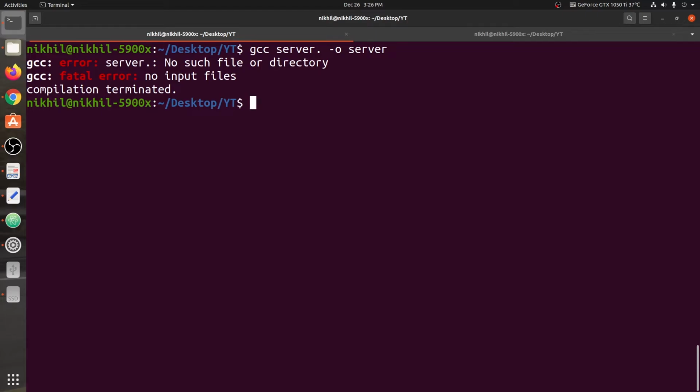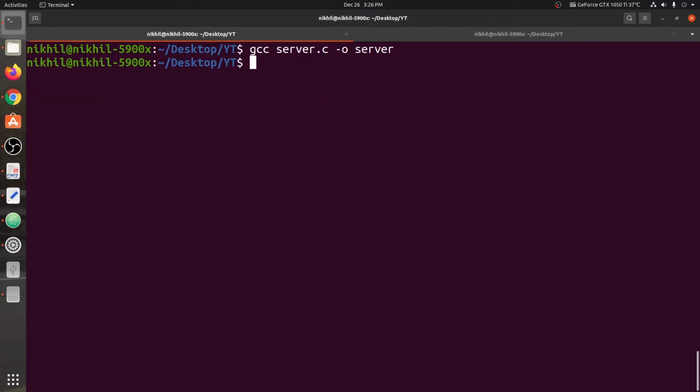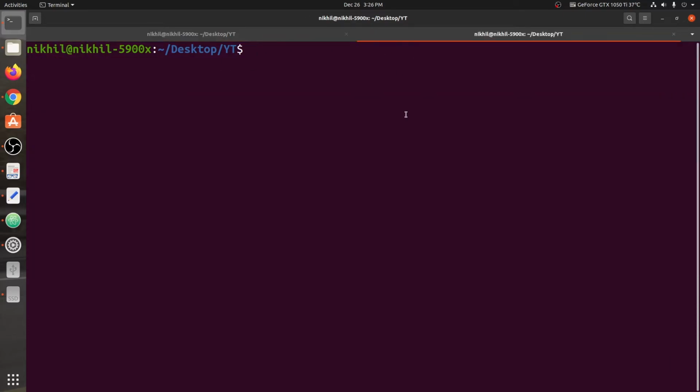That's my mistake. Now we're going to compile the client file the same way. Then we're going to run the server program with a port number. Now you can see the server program is waiting to receive a message.